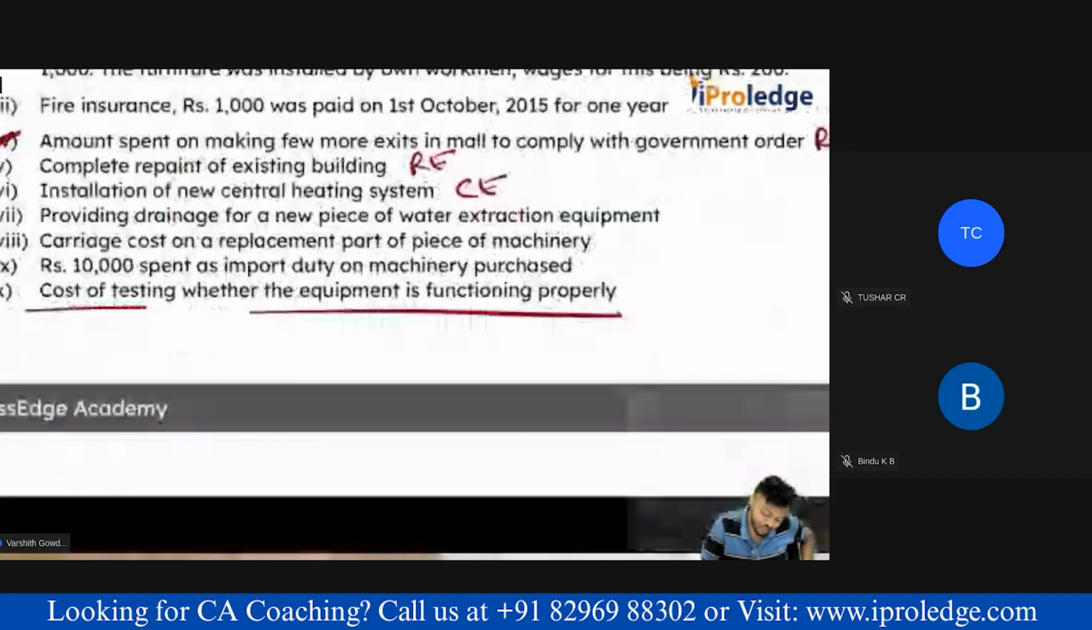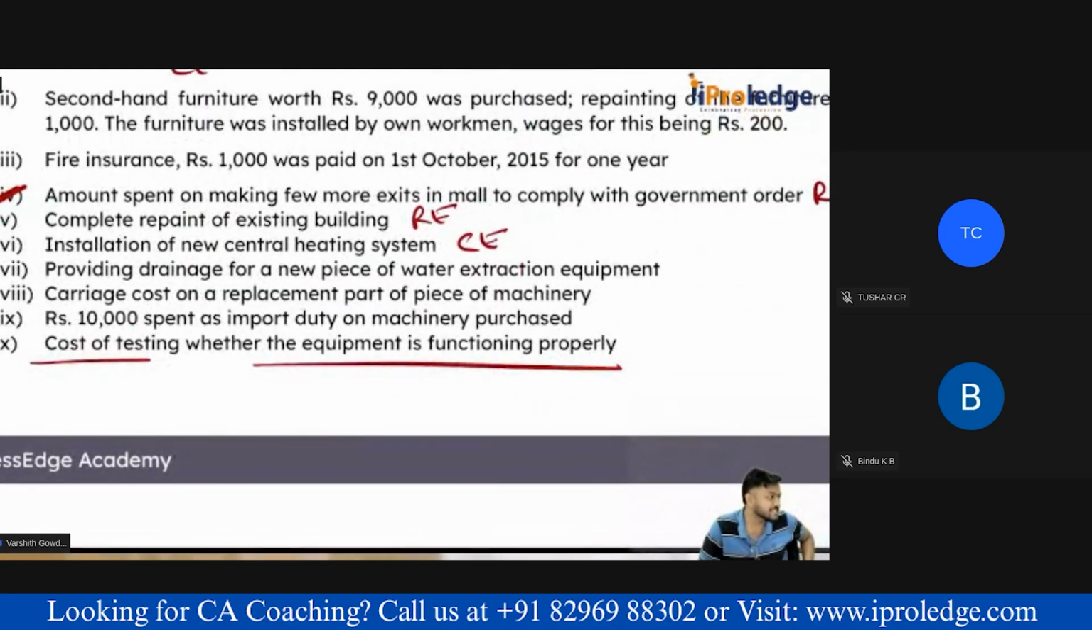See, if it is not for a new equipment, then it becomes maintenance, revenue expenditure. If it is for a new equipment, it becomes capex. So you write down both because they are not clear about it. Cost of testing whether the equipment is functioning properly. If it is new equipment, it is capital expenditure. But if it's an existing equipment,